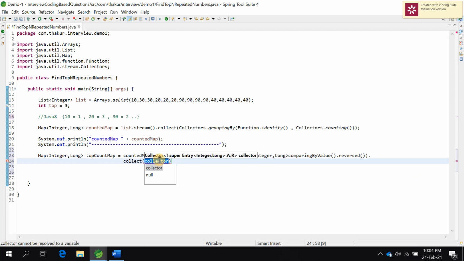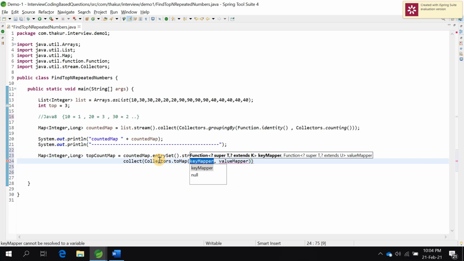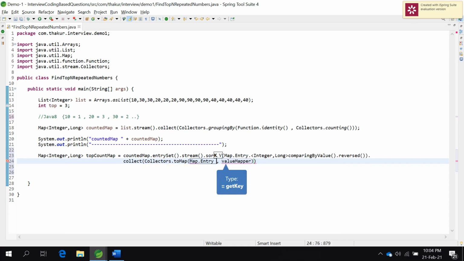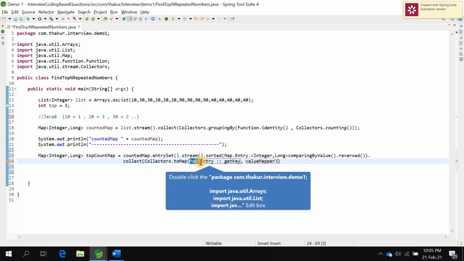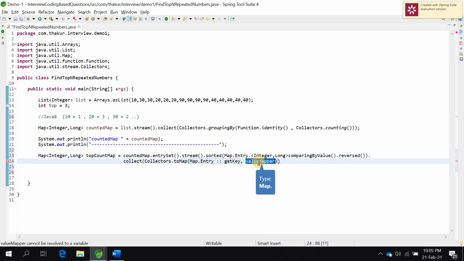Here, as you know, we have to return the map. So we have the Collectors class. There's toMap, and toMap takes the key and value. As I mentioned, we have to use the entry. Map.Entry, with a double colon, and here we can get the key. This is a function inside the Entry interface. Map is also an interface, Entry is also an interface. It will return the key. And in a similar way, map has the entry.